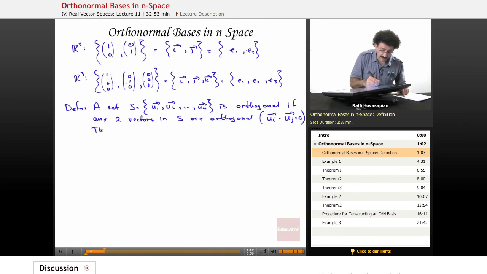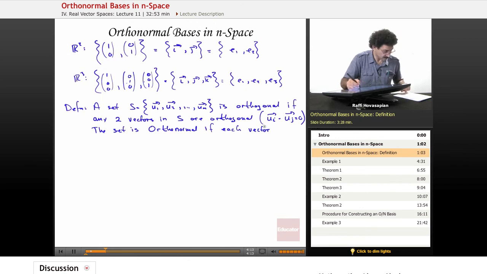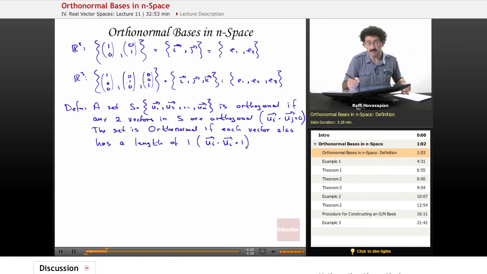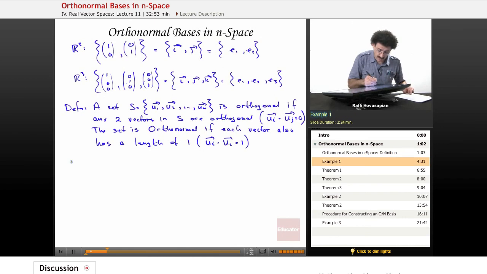Okay, now, the set is orthonormal if each vector also has a length, norm, of 1. And mathematically that means that u sub i dotted with itself gives me 1. So let's just do an example. Let's take